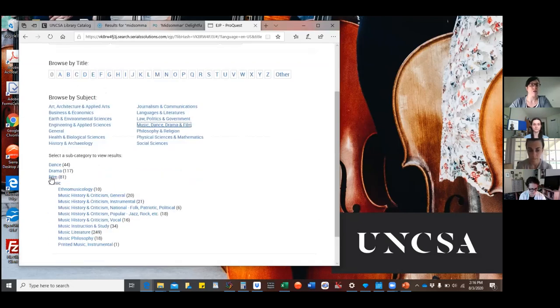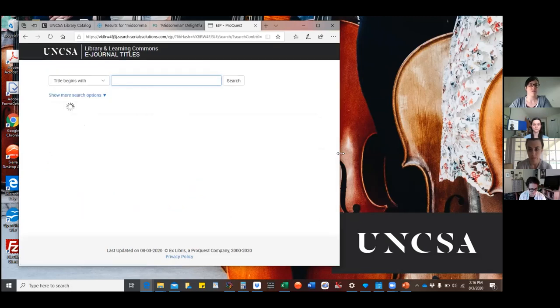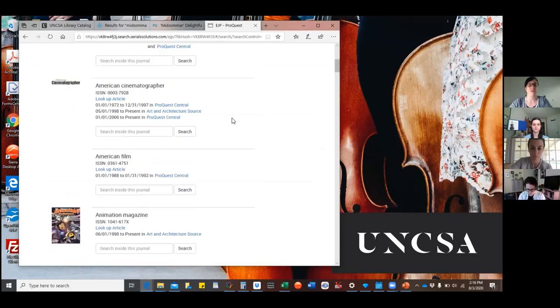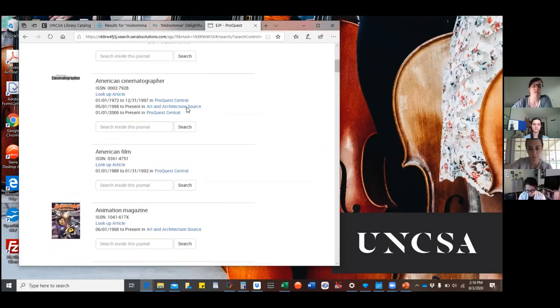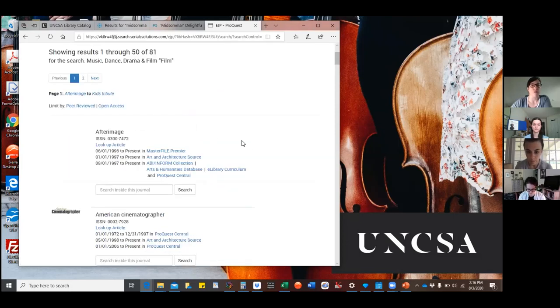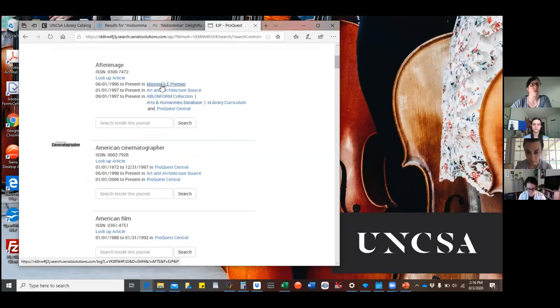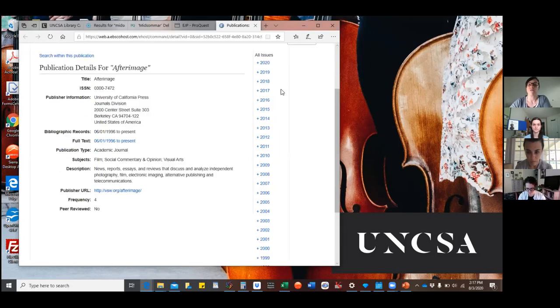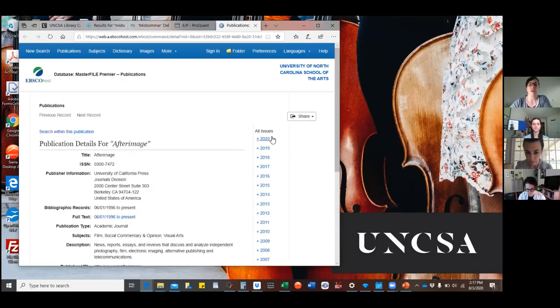and we can look for film. And here it's going to list all of the film journals that we have access to, as well as various websites that have the content and what content they have. You can look up specific articles. You can search within a lot of these journals as well. And we'll just click on one of these and it'll take you right to their website. And then you can even search within that as well. You can search by year. All of this is available. And within that,